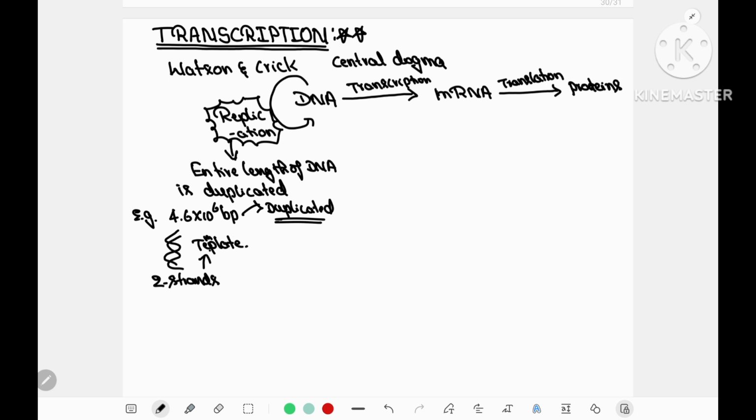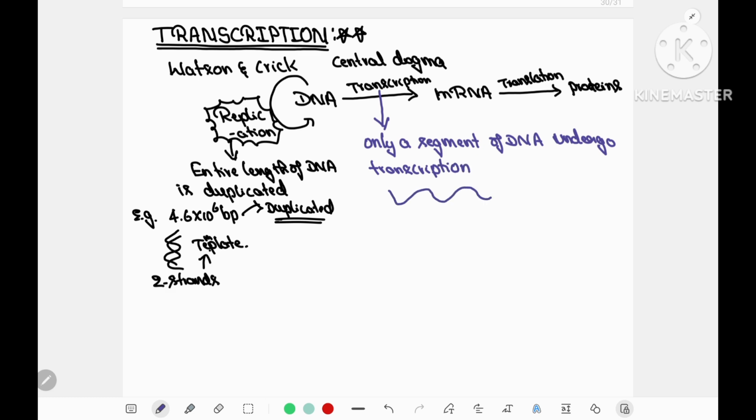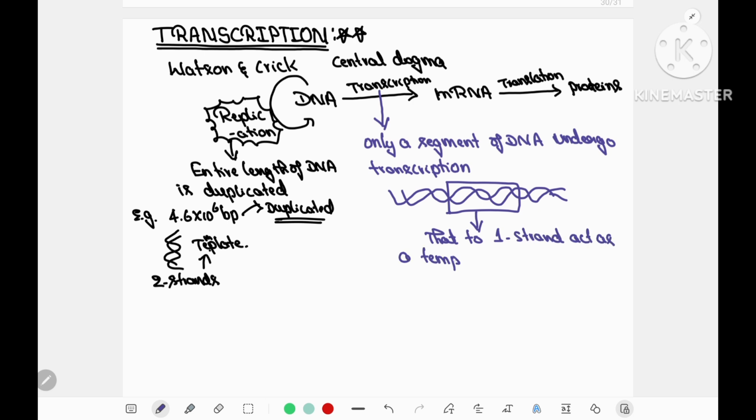as a template. So, there is a synthesis of two other molecules of DNA which are complementary to the parental DNA template strands. Whereas during transcription, only one segment of DNA undergoes transcription. That too, only one strand of DNA will act as a template. So note this point, very important. Only a segment of DNA, here I marked, will undergo transcription. That too, only one strand of DNA acts as a template, that is when DNA is undergoing the process of